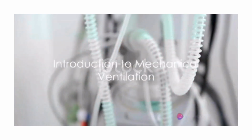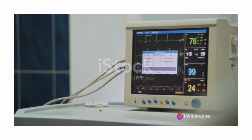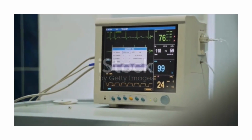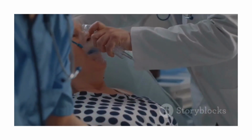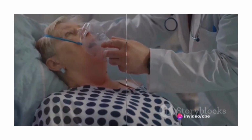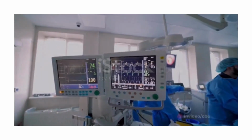In the world of medical science, mechanical ventilation stands as a life-saving intervention. It's a method of assisting or replacing spontaneous breathing when a patient's respiratory system fails. This mechanical process supplies oxygen to the lungs and removes carbon dioxide, allowing the patient's body to focus on healing and recovery. But the goal, of course, is to get patients to breathe on their own again, and that's where